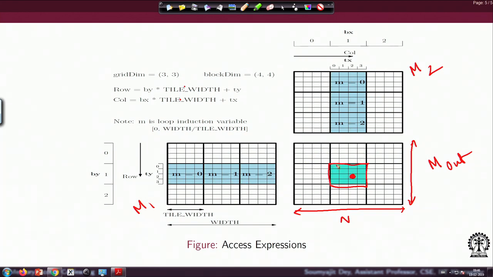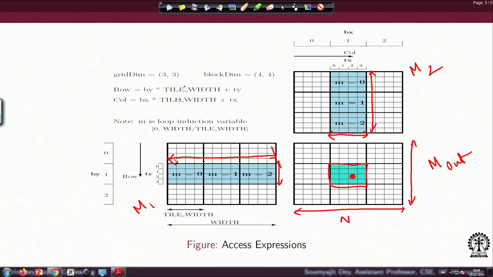For all the locations inside this shaded output tile, I would need access in M1 to this entire region, and similarly here I would need access to this entire region. But the issue is still not fixed. How am I going to optimize and decrease the number of loads that happen in the global memory? That's the key thing we are trying to do.